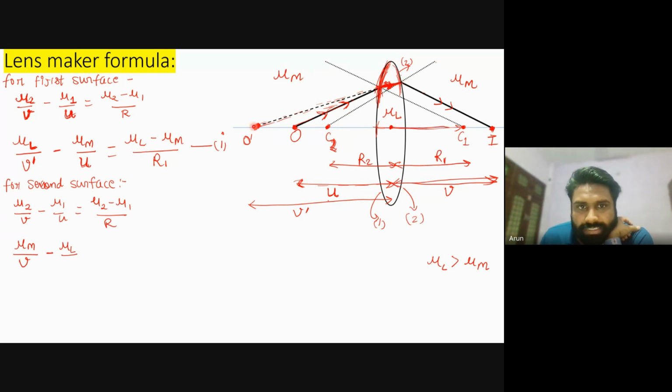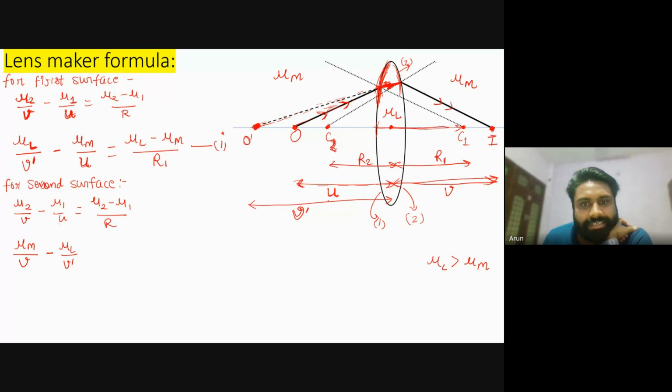So this point O dash will behave as the virtual object for the second surface. I hope you got this. So the u is not u only. It is v dash,